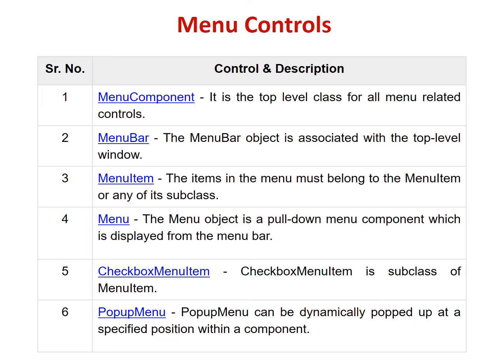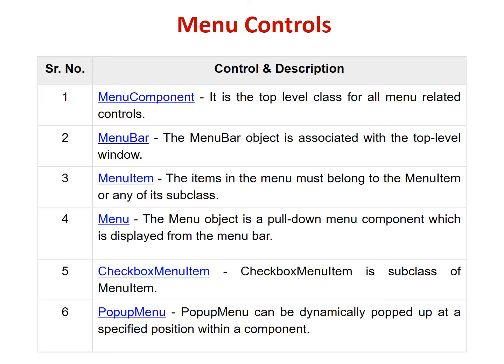Menu controls. Menu component. It is the top level class for all menu related controls. Menu bar. The menu bar object is associated with the top level window. Menu atom. The atoms in the menu must belong to the menu atom or any of its subclasses.